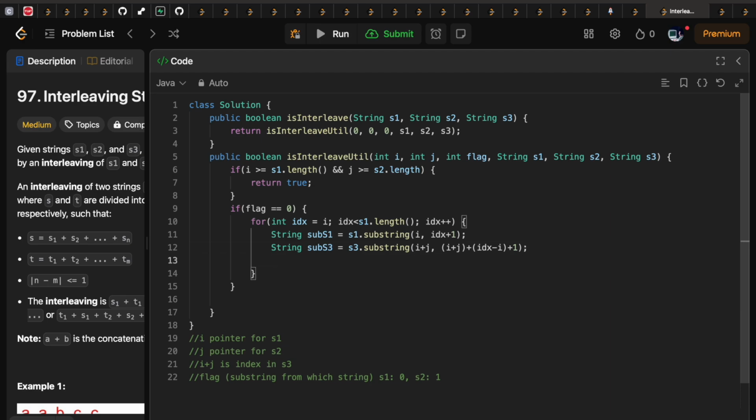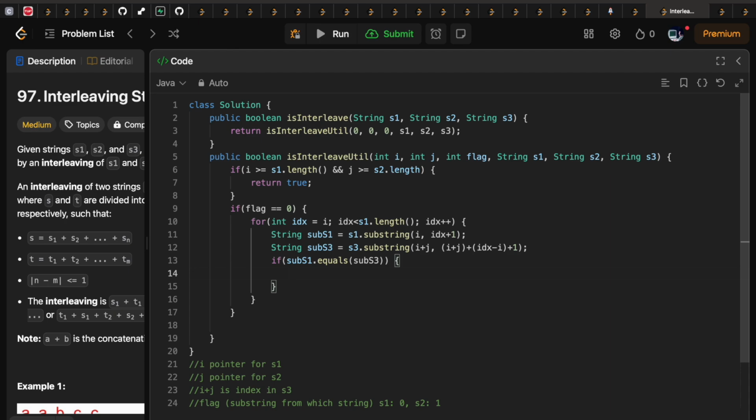Okay, so if my substring s1 equals my substring s3, then what I can say is I can proceed calling on this function. Okay,